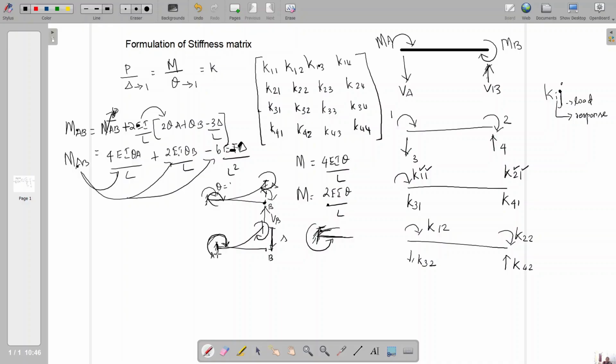If you try to resist this deflection at a point, this is the moment direction. Individually, you consider for the delta deflection, the moment is 6EI delta by L square. So you have to remember these three components while formulating the stiffness matrix, because a moment is related to the